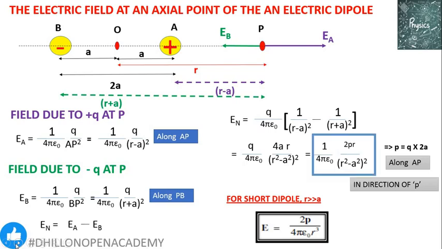While solving numericals, you can use any of the two equations, but which one to be used where? So this is the main equation for solving numericals. Whenever you are to solve numerical related to dipole, compare the order of magnitude of R with A. If order of magnitude of R and A are comparable, use this main equation. But if the order of magnitude of R is larger as compared to that of A, then use the short dipole case.